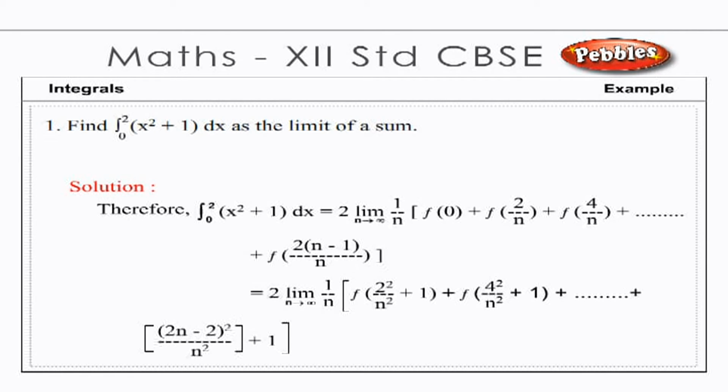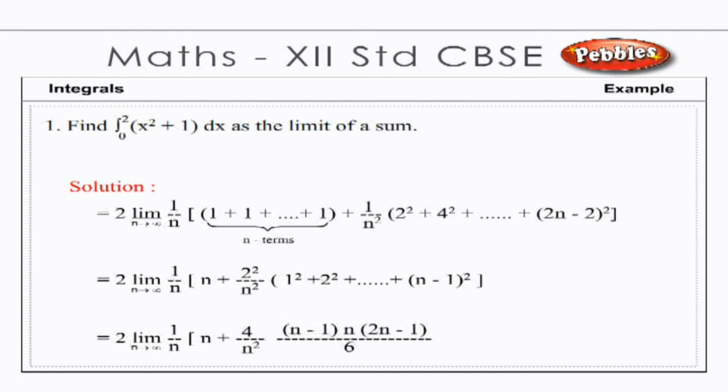is equal to 2 limit n tends to infinity of 1 by n into [f of 2 square by n square plus 1 plus f of 4 square by n square plus 1 up to 2n minus 2 whole square by n square plus 1] is equal to 2 limit n tends to infinity of 1 by n into [1 plus 1 up to 1, which are n terms, plus 1 by n square into 2 square plus 4 square up to 2n minus 2 whole square]